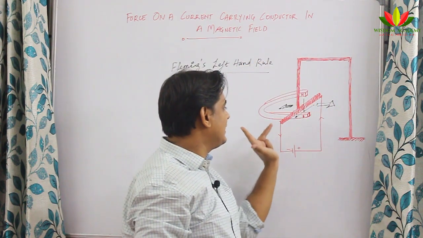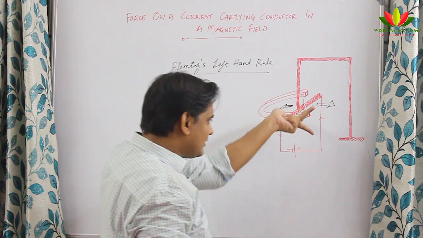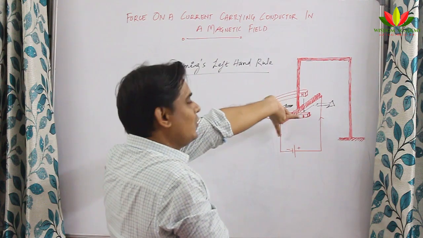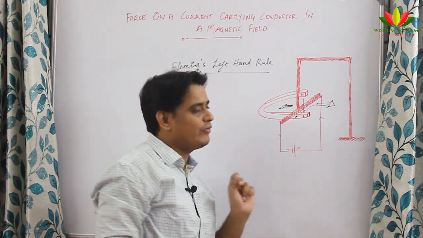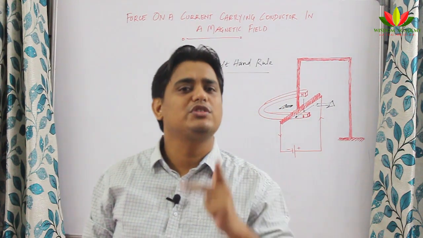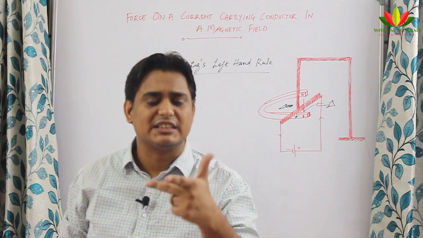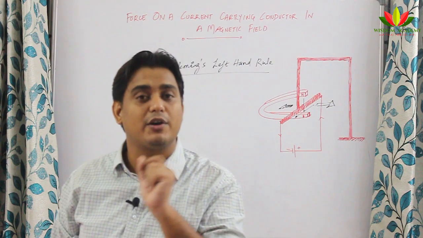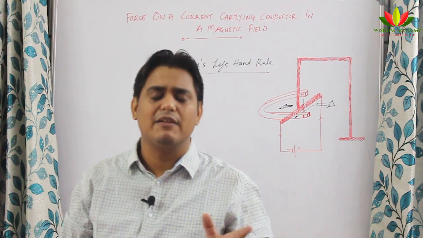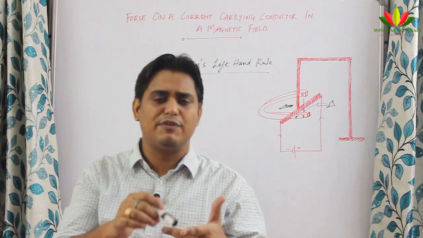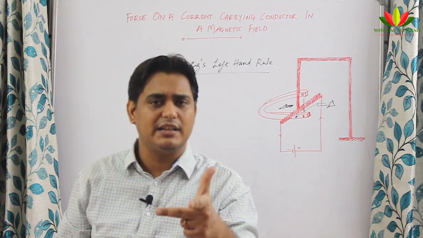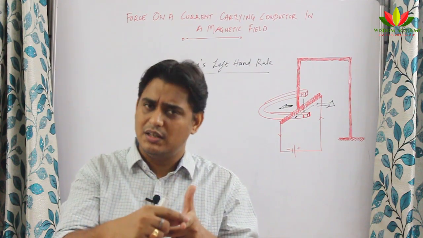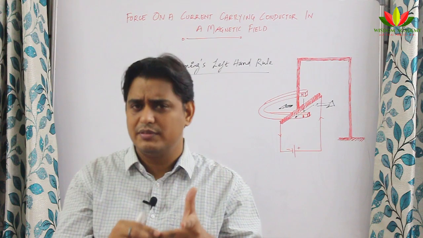In the same way, when the current was in this direction and the magnetic field was down, the force will go inwards. So whenever you want to find the direction of force, you can take the help of your left hand and stretch these fingers. Suppose in the examination they ask you to state Fleming's left hand rule, and someone writes that the three fingers are stretched at 90 degrees, thumb will give force, first finger will give magnetic field, middle finger will give current direction.